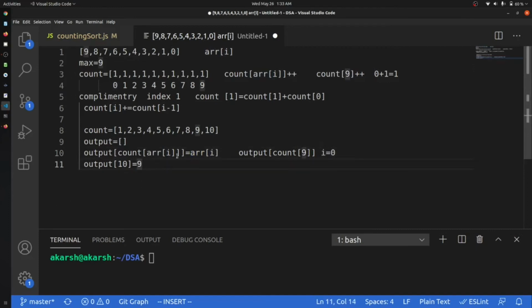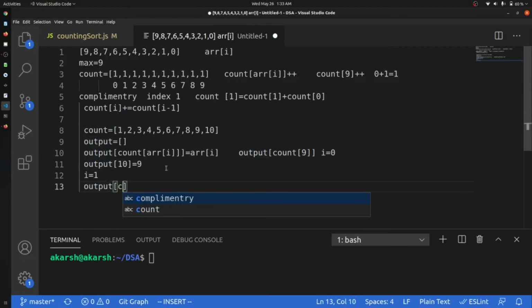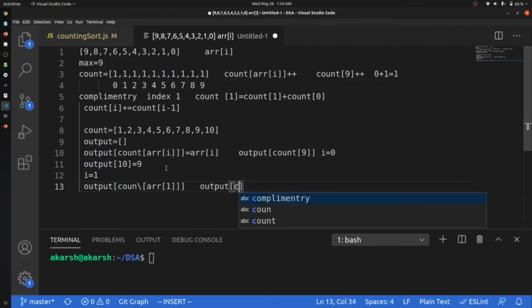Right? Now we will come to the next point. I is equal to 1. So what we'll do is output at count at array at 1. Output at count at array at 1 is 8.